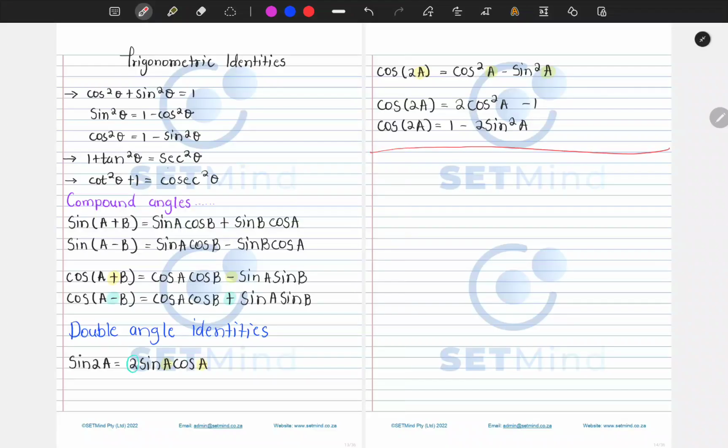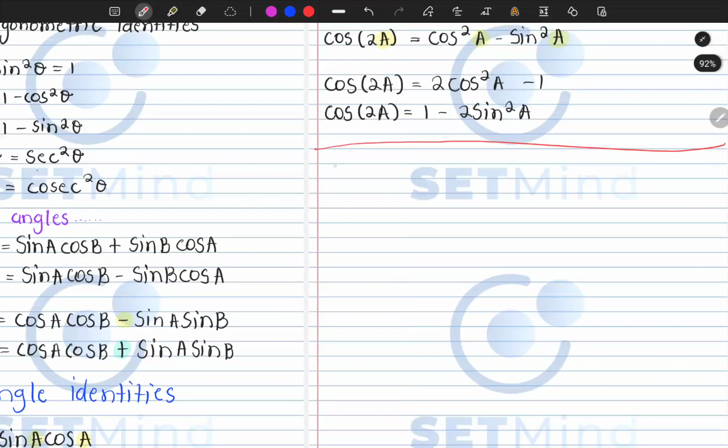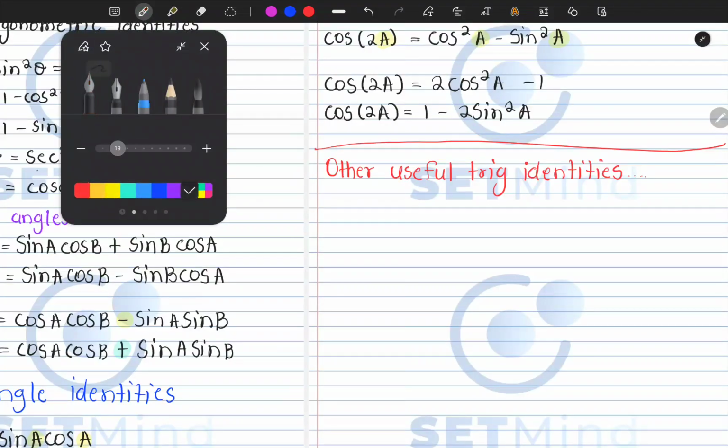So let's look at other useful trig identities, which will be very useful when we start answering questions. Let's note them down as other useful trig identities. What are those? So the first one is going to be